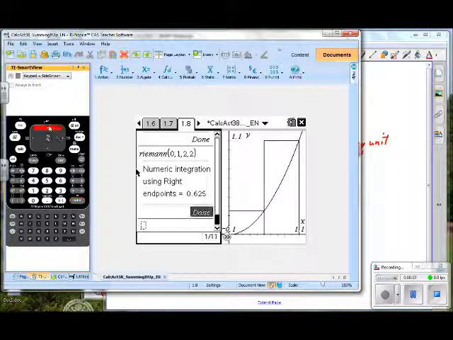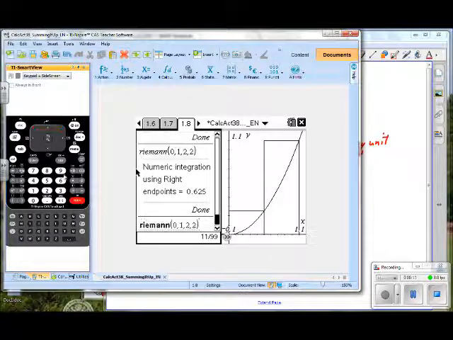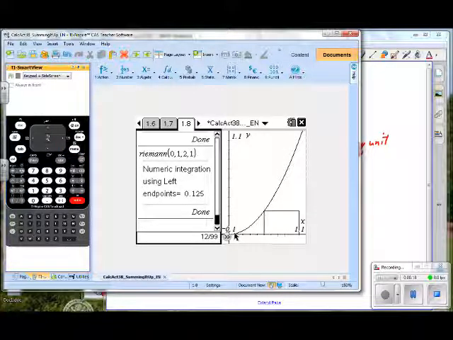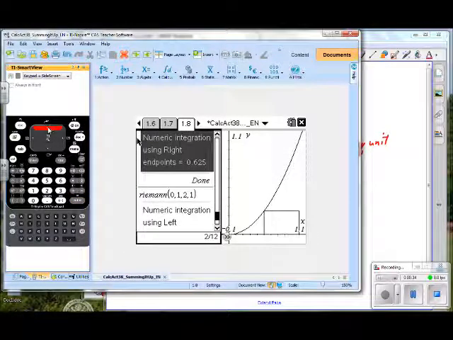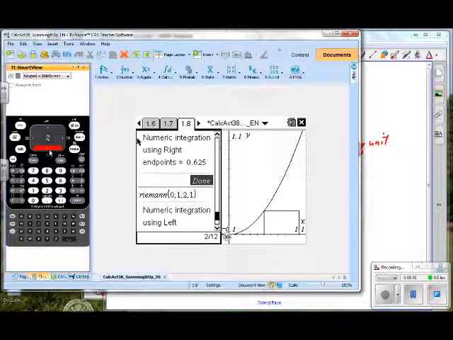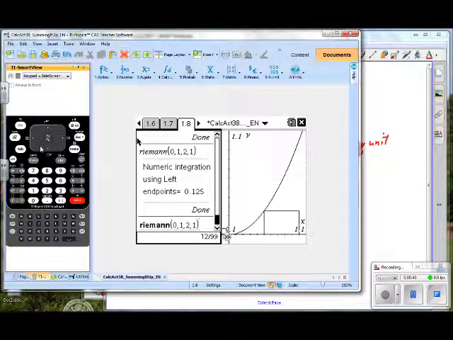When we are looking at the rectangles that are using the left endpoint, this one really has an area of 0 because we're using the left endpoint of this interval. Over here, for this rectangle, I use the left endpoint to determine the height. What would happen if we were to use more than 2 rectangles for this, using the right endpoint? What if I use, well,